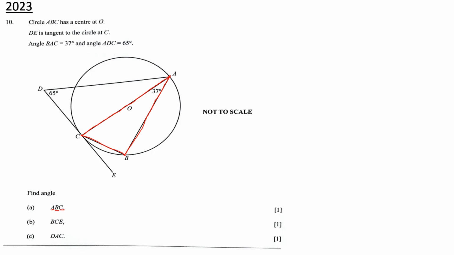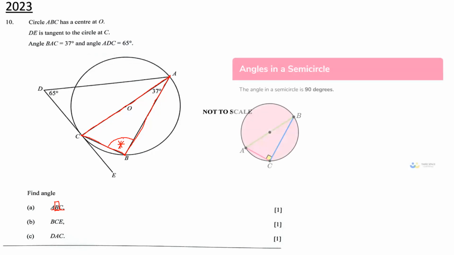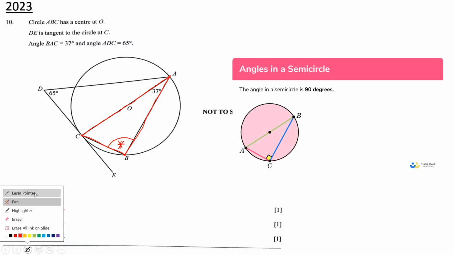Now the question is, what is angle ABC? Which one are they talking about? They're referring to angle B, the one in the middle, so this angle right there. What is going to be the measure of this angle? As you can see, we are in a triangle. But what is the interior angle of this triangle? B, right? In order to answer this question, we will consider a very useful and important circle theorem entitled